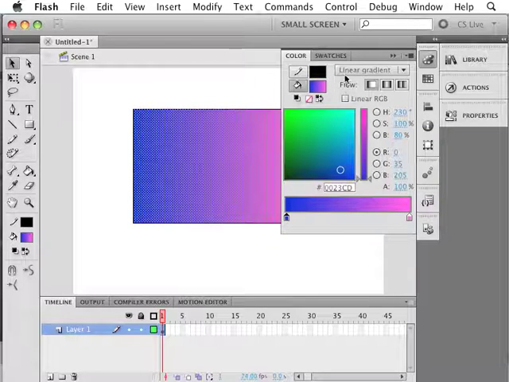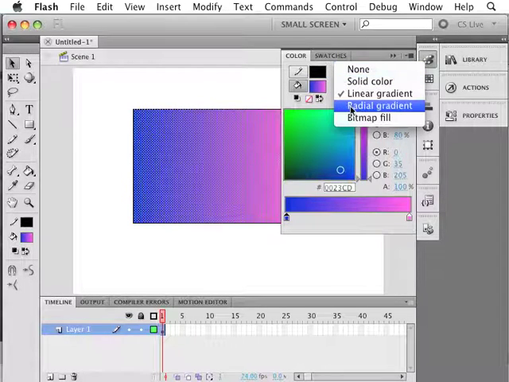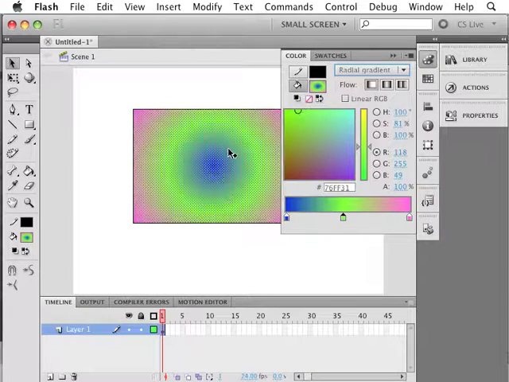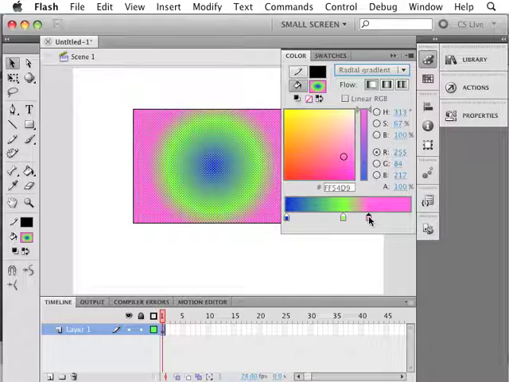Now it's the same thing for the radial gradient. I can actually convert this on the fly while it's selected. And affect the nature of that. So if I want to add a color in the middle here, let's say I want to add that bright green. Suddenly I've got blue radiating to bright green, radiating to this pink. And if I want to pull that pink in a little tighter, I can do it like this. And that's how we establish the gradient